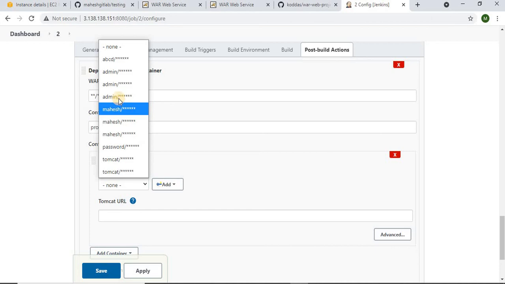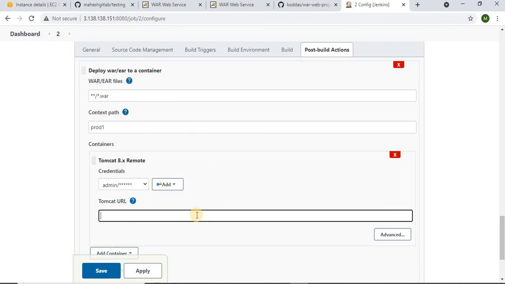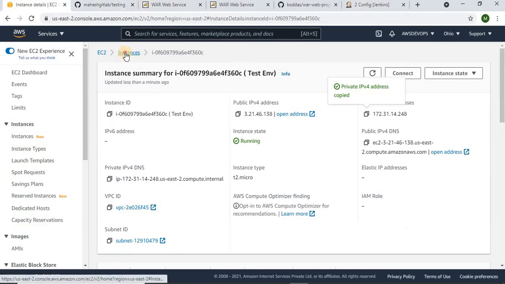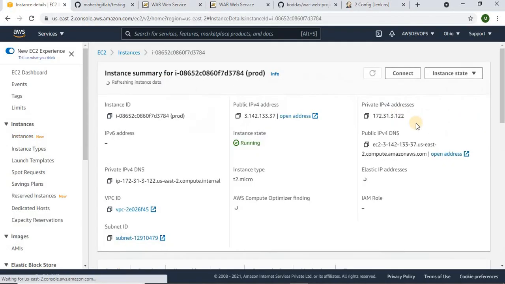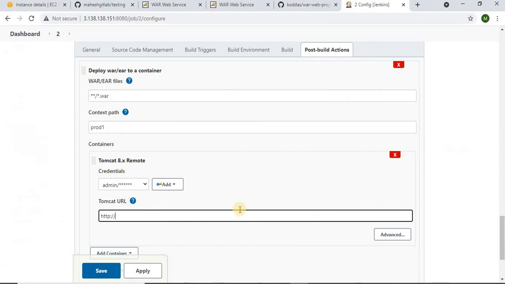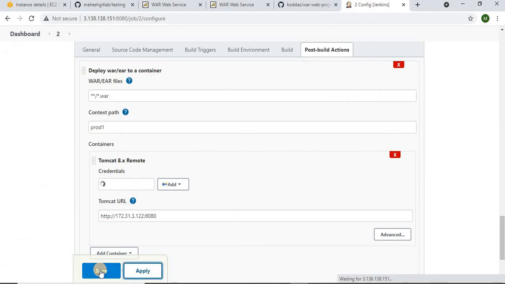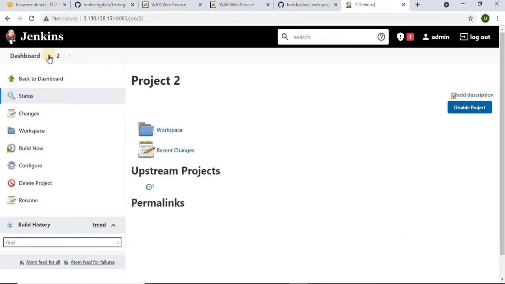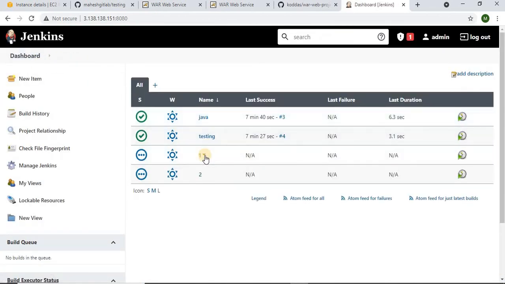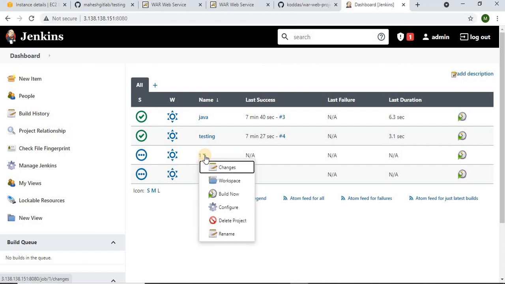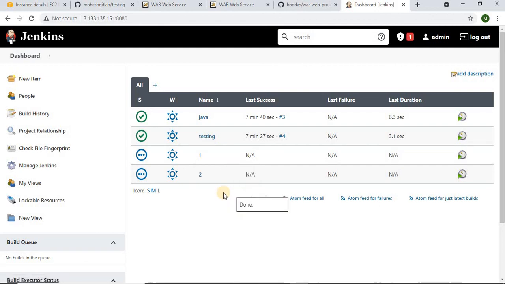Okay, so admin and password, Tomcat URL http colon slash slash, take this production private IP, 8080. So now we have given all the steps. Now if we execute job number 1, all 5 stages should be executed. Okay, let us see it now.